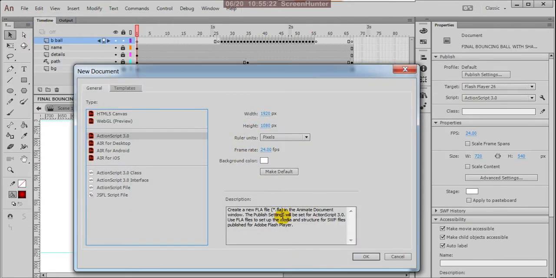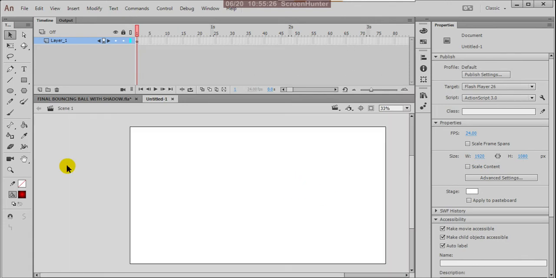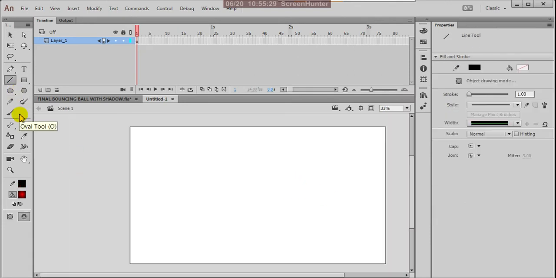Suppose here, take the path first, plan the path. Click on the line tool and click on object drawing again and draw the path here.